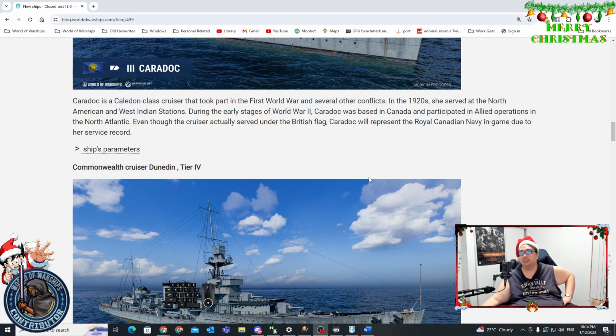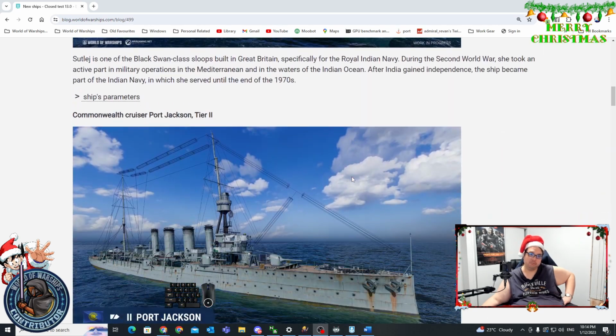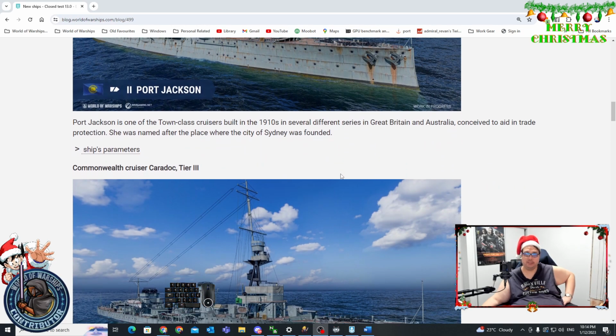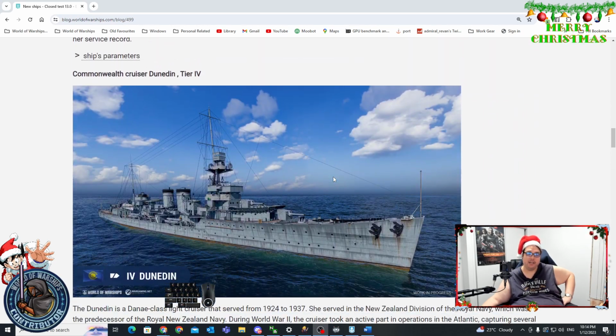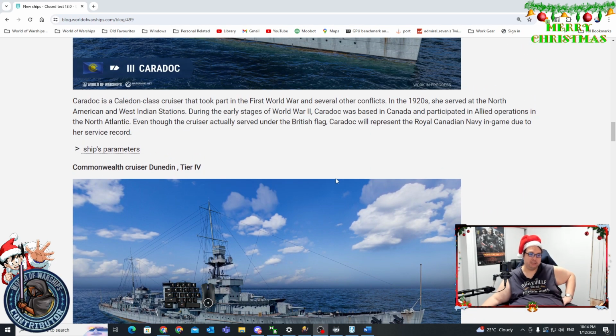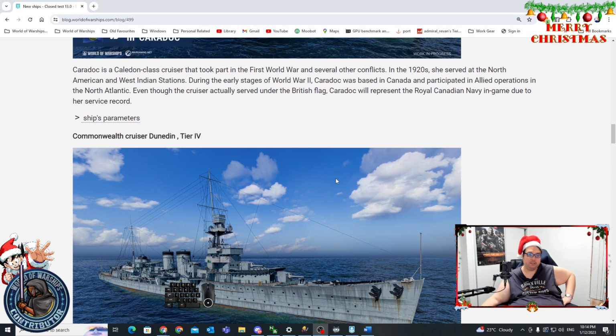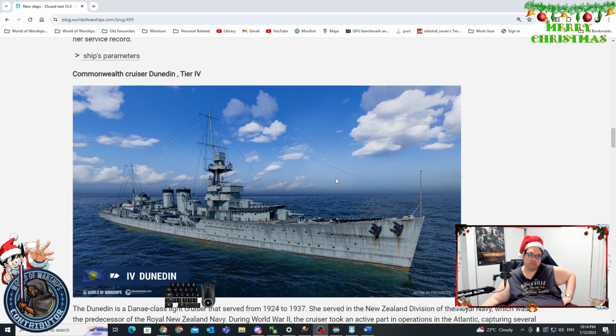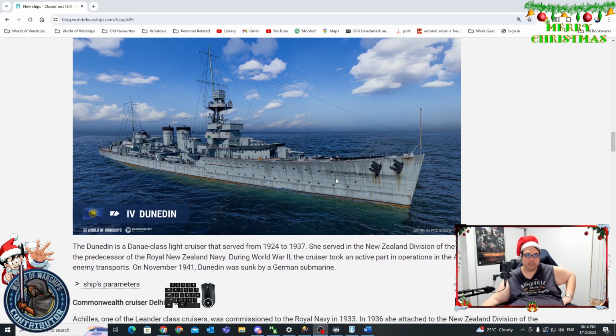You'd rather use Dublin instead of Port Jackson? Yeah, okay. We'll see what happens here. I have a feeling there's something behind this. Tier 4 is the Dundin or Jundin. I call it Dundin. Anyway, Dundee